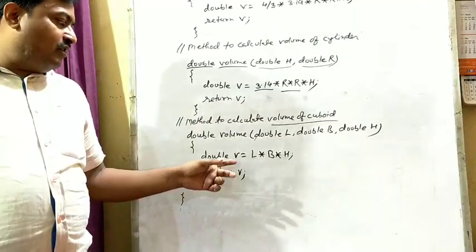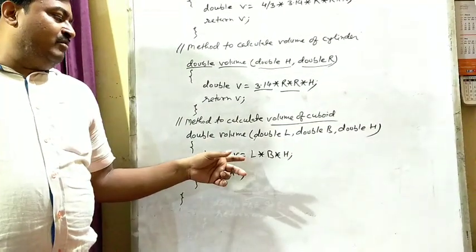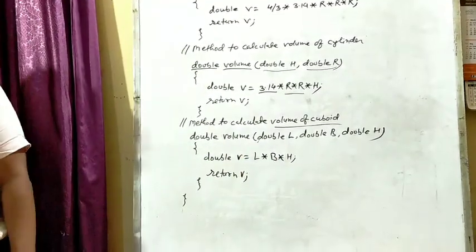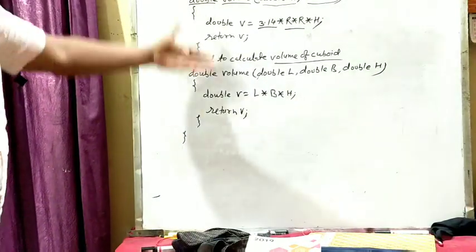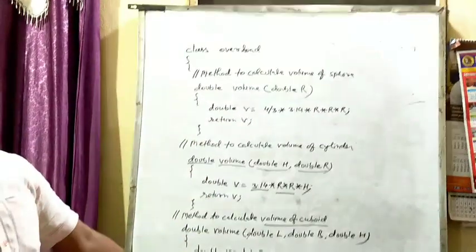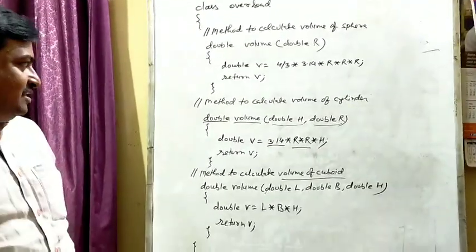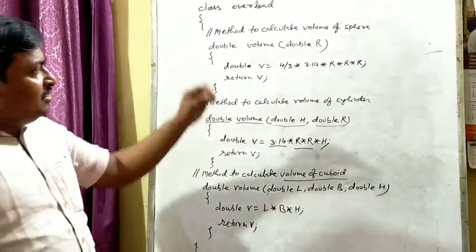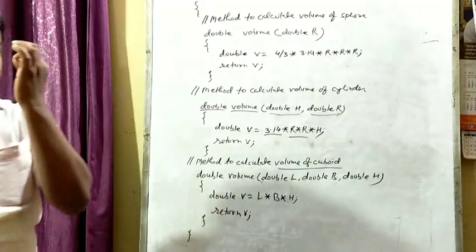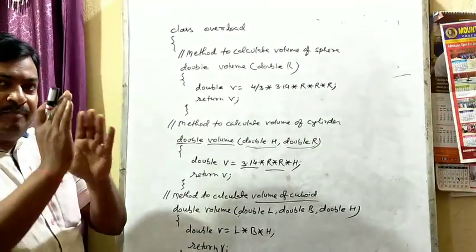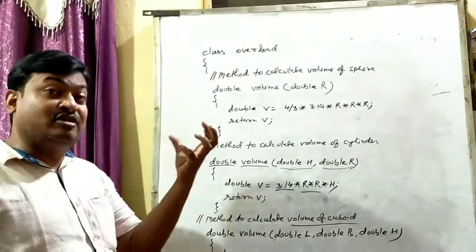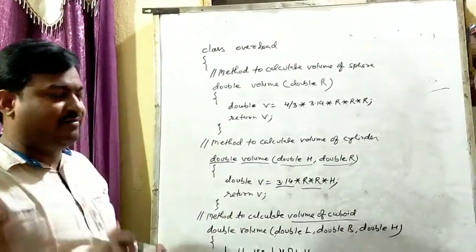This time, to calculate the volume of a cuboid, we need three values, that is length, breadth and height of a cuboid. Okay, students? So it is very easy. The volume of a cuboid is L into B into H, length into breadth into height. The volume will be stored in a variable V, and we will return V. See the size, the length of the program, and only by doing this you will get full marks. But be careful, students, while writing the formula, you must take care about the Bodmas rule.